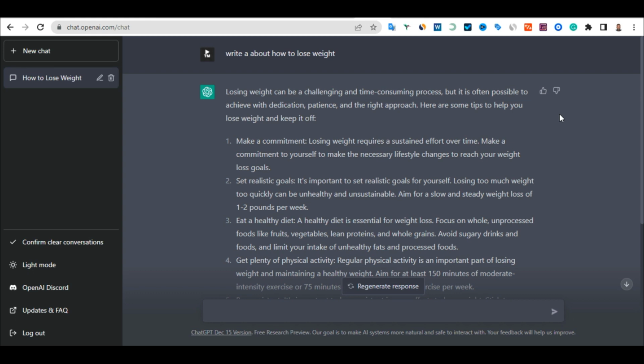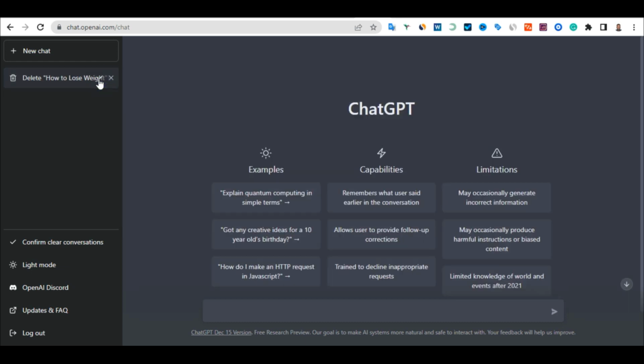So the first thing is to open a new page, because we were talking about how to lose weight. We need to make sure that we are telling this system, ChatGPT, that we want to write an entirely new page or new content. So we need to click on this section to delete and click on this done icon. And once you click on that, it will bring out a new board here. So now we are going to write a professional blog post.